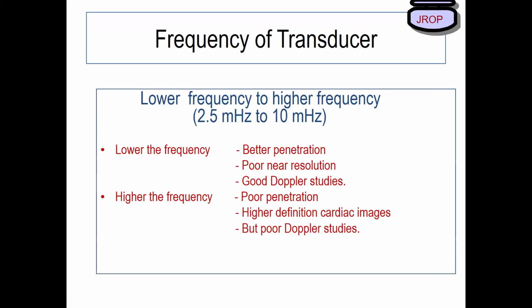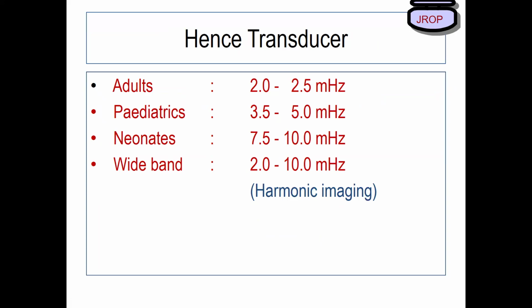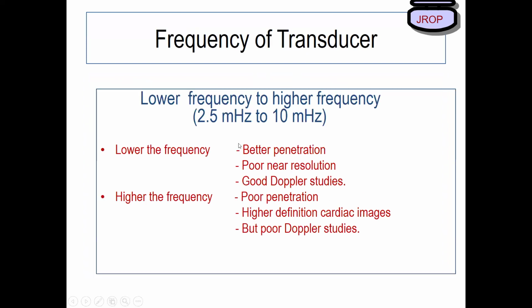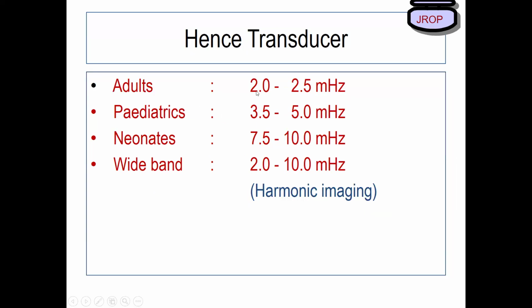We were not happy with these lower and higher frequency transducers. So what exactly did we do? We started looking for broadband transducers, and the term that came up was harmonic imaging. They coined this as single harmonic imaging, 2.5 megahertz, and then we use 2 to 4 megahertz, which is known as double harmonic imaging. What is the importance of the difference? If I use a transducer with harmonic technology, which belongs to 2 megahertz and scans from 2 to 4 megahertz,